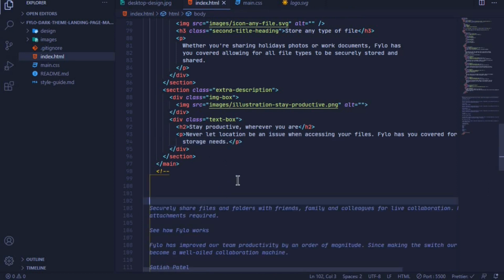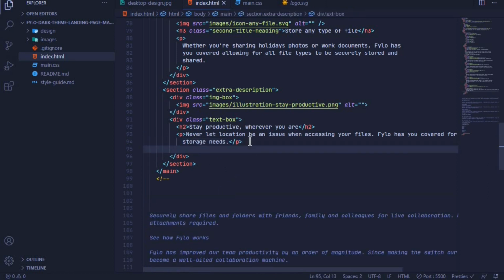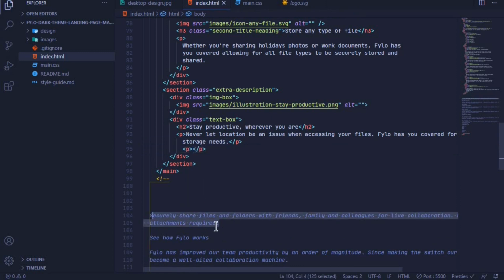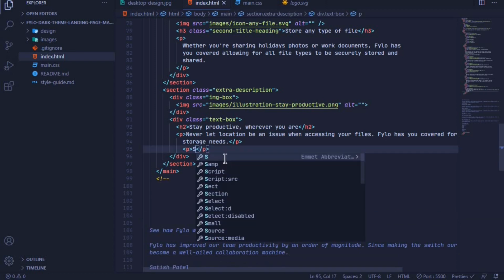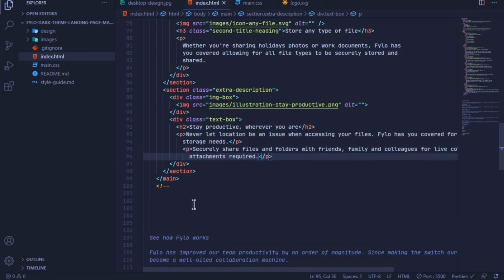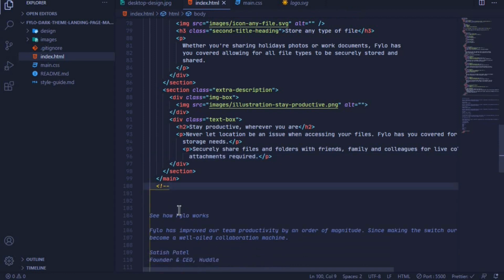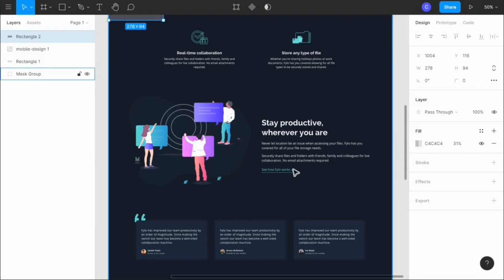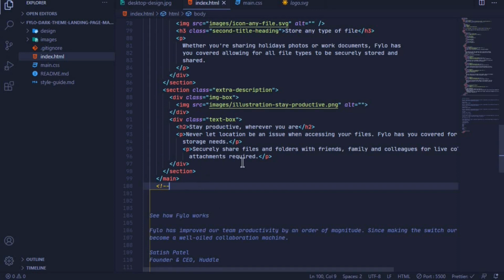and we have two paragraphs, so I'll add another paragraph, and what is inside that is this line right here. I will cut it and paste it there. Oops, paste. And then after that we will have a link, and the link has an icon in it. So when I come to Figma, you can see a retro icon there and some text for the link. So I will add the a tag just after this p tag,